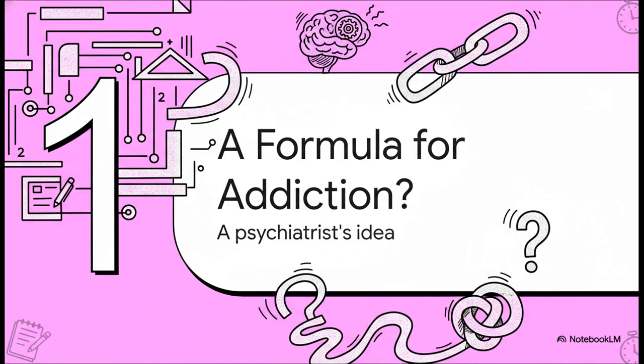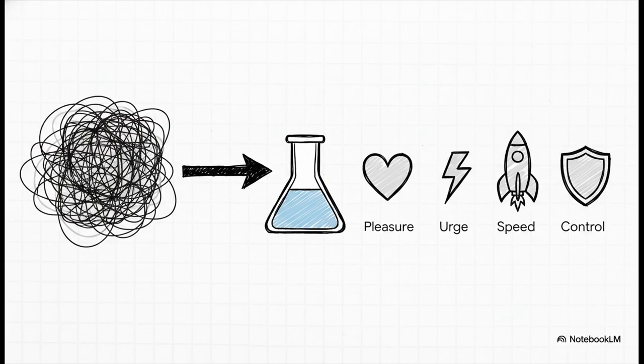After working with patients for more than 10 years, Dr. Lowe thinks he's come up with a totally new tool to help us get a handle on it. His whole idea is that you can take all the messy, complicated stuff that comes with addiction, whether it's a substance or a behavior, and you can actually break it down. You can distill it into a surprisingly simple, structured formula that uses just a handful of key variables.